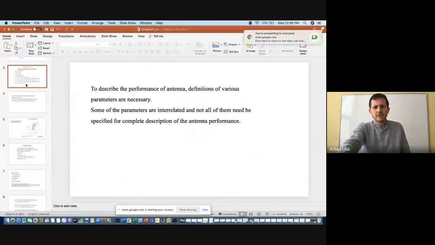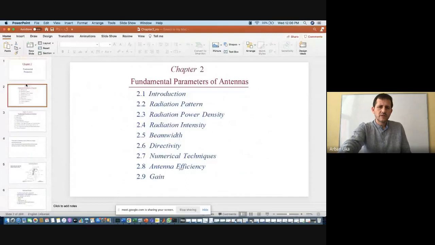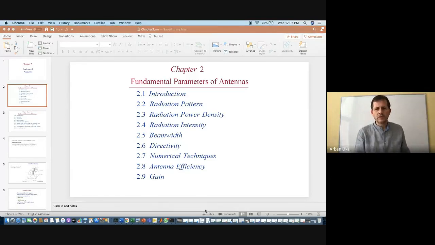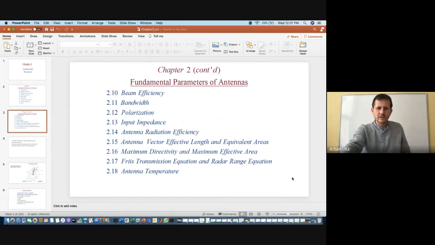So we started with materials from chapter 2, which was the whole chapter. It was about the fundamental parameters of antennas, and this is what we have worked on during the largest part of the semester. So these topics, we talked about these, and other than the list here, we talked about bandwidth, polarization. Polarization is very important, and antenna temperature, Friis equation. The 2.17, 2.18, you might skip these, okay? These two, let's skip these. The rest, it's really